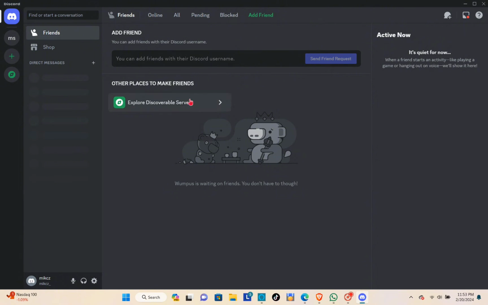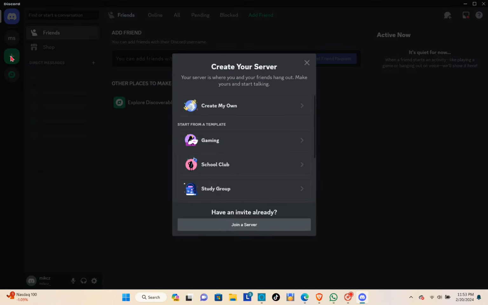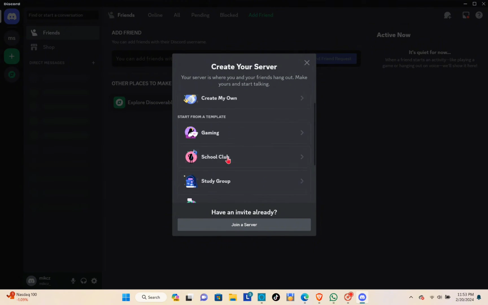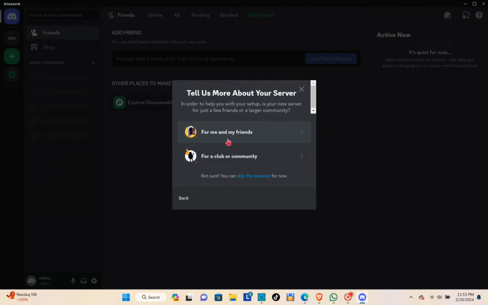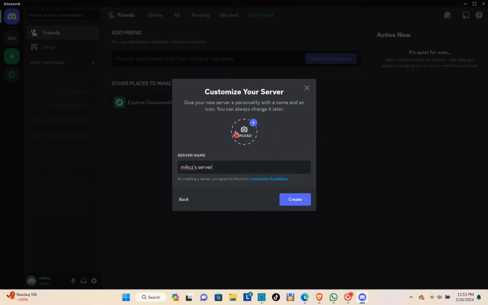So today I'll be teaching you how to create a Discord server on PC or your laptop. So here you just have to open your Discord and click on the plus icon right here to add a server. Then here you can create your own server, or gaming, school club, or there are different servers that you can create. So for now, just click on create my own and then select for me and my